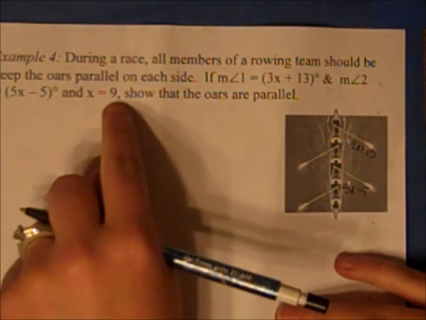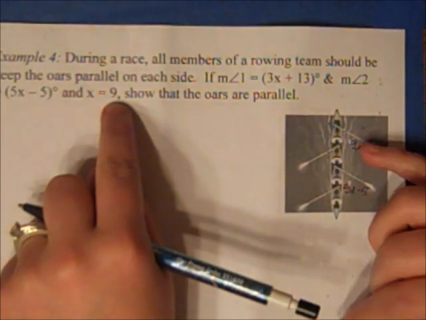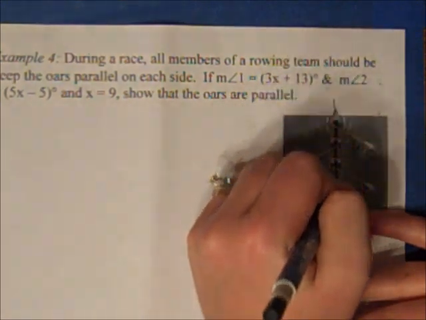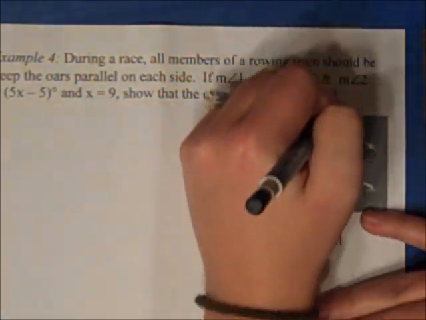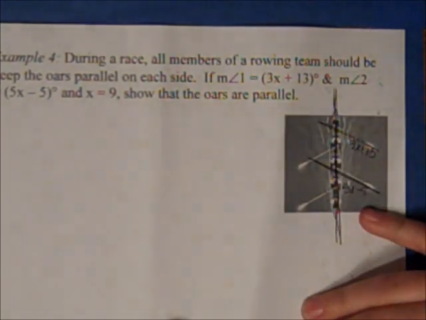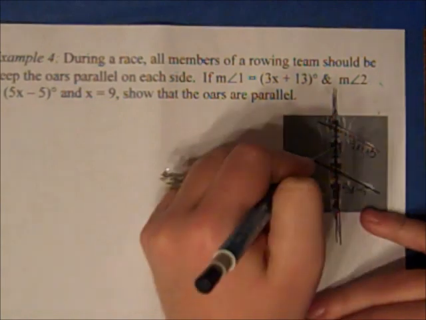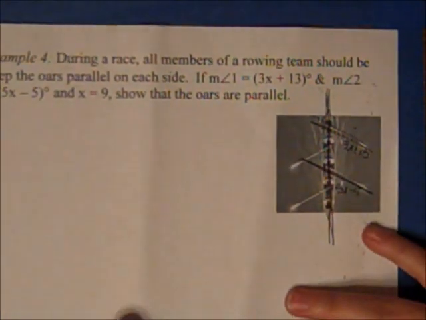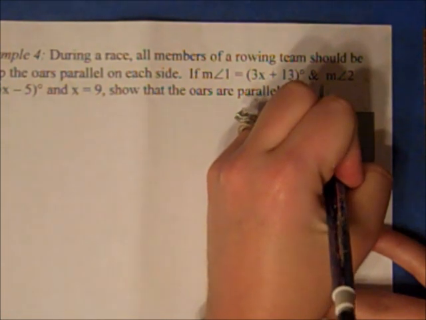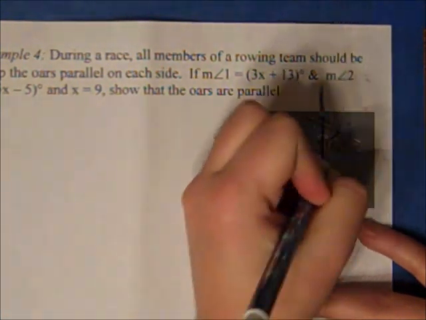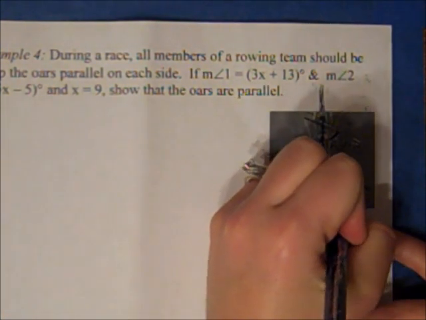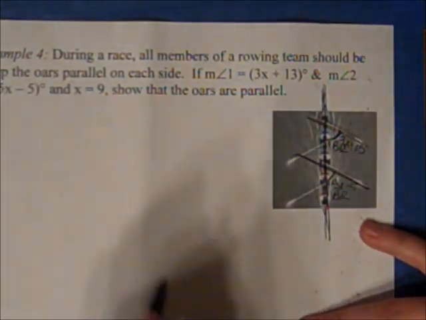So let's go ahead. They gave me x is equal to 9. It's hard to see on this one, but the boat is actually the transversal, and the oars are the lines going through there. So if you draw over that, then it becomes a little bit more clear that you've got, hopefully, parallel lines cut by a transversal. So, what kind of angles are angle 1 and angle 2? Well, this one is bottom right. This one is bottom right. So I'm hoping that these are